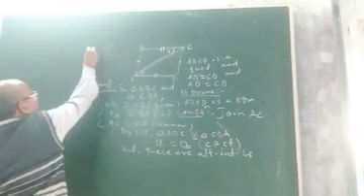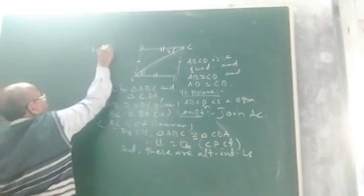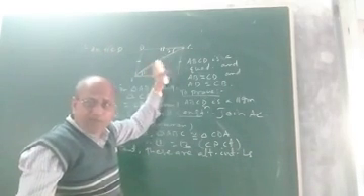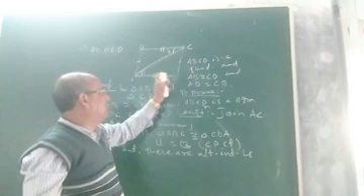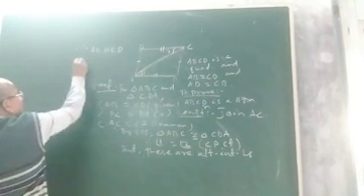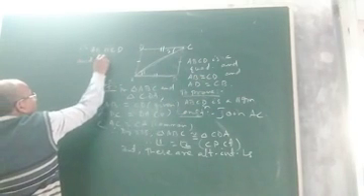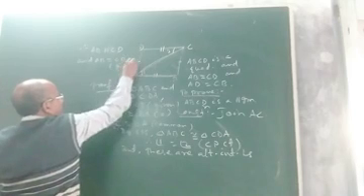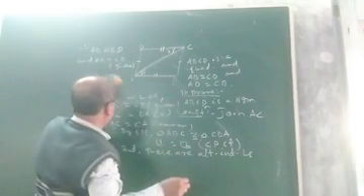So no doubt AB will be parallel to CD. See, thus we could prove that AB is parallel to CD. Okay. Now if AB is parallel to CD, you are also given AB equals CD, and it is given. So what we came to know? What we came to conclude?